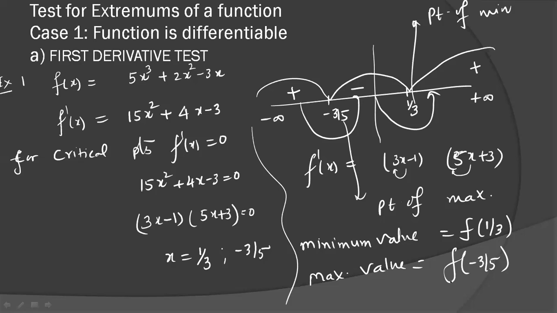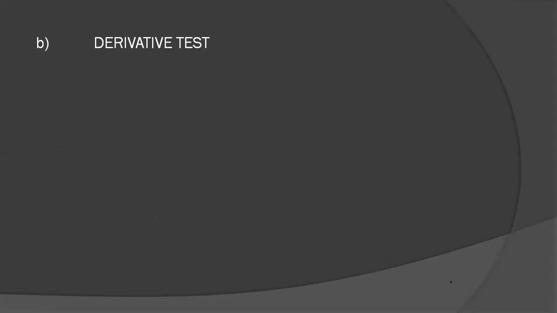Now, the second case is when we don't have a polynomial every time. Suppose we have a trigonometric, logarithmic or exponential function. Then the first derivative test is very difficult, because many times we are not able to judge the coefficient of the variable. So we get maxima in place of minima when we are not able to adjust the factors. Then we go for the nth derivative test.